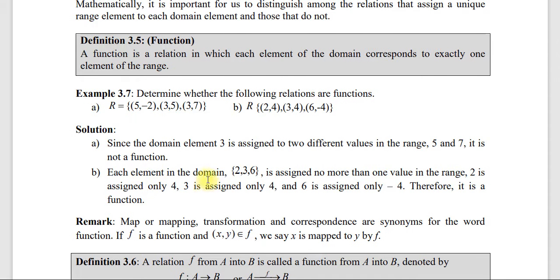B ላይ ደግሞ ይዩት each element in the domain 2, 3, 6 is assigned no more than one value in the range. 2 is assigned only 4, 3 is assigned only 4 and 6 is assigned only -4. Therefore it is a function. Okay ስለዚህ ምን ማለት ነው? ዶሜን መደገም አይችልም፣ ሬንጅ ግን መደገም ይችላል።